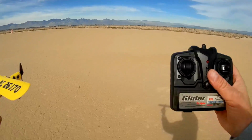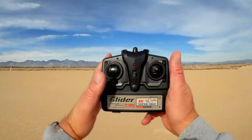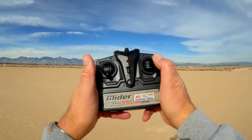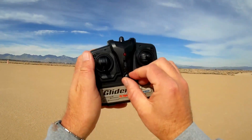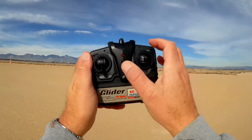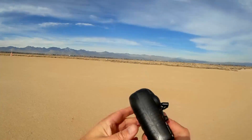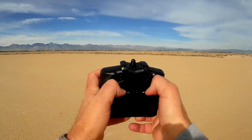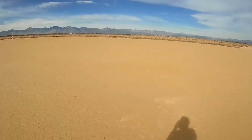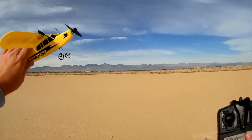Looking at the controller, let's go over the controller real quick. This is your throttle. This is your yaw. You're turning left and right. And you can adjust the trim of that yaw with this little turning knob right here. And you have an on-off switch, and that's about it. But the thing is, this takes 6 batteries, and the range for this little airplane is predicted to be 80 meters,